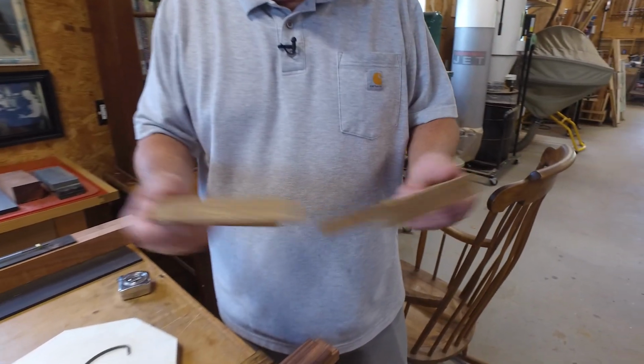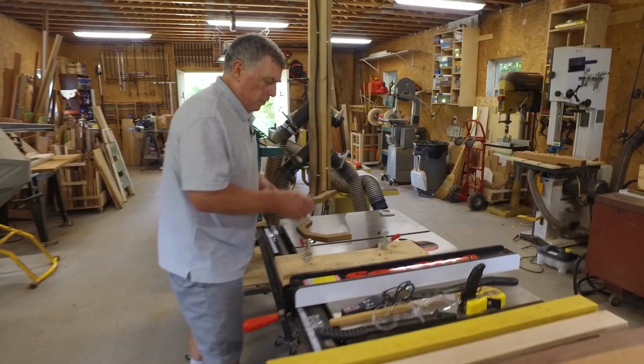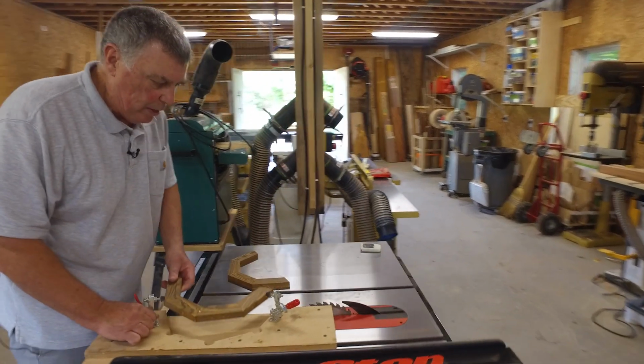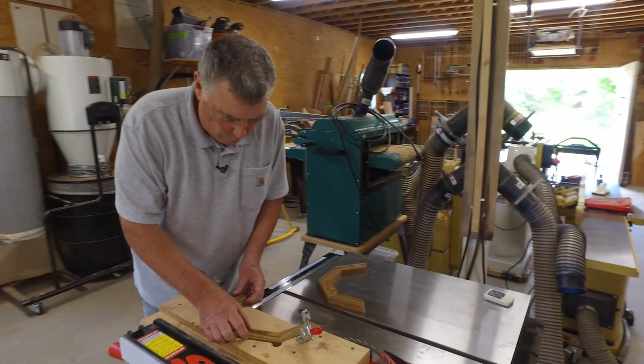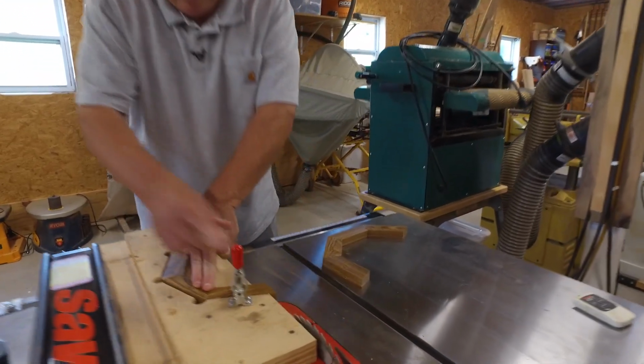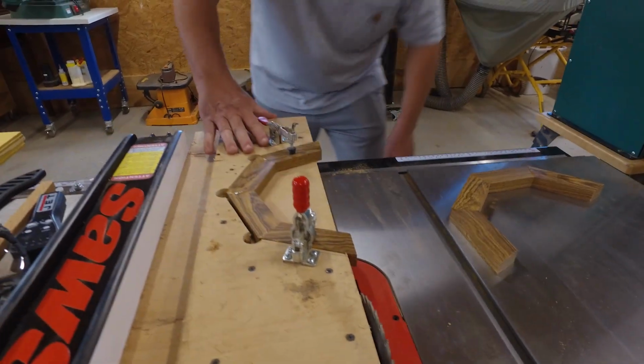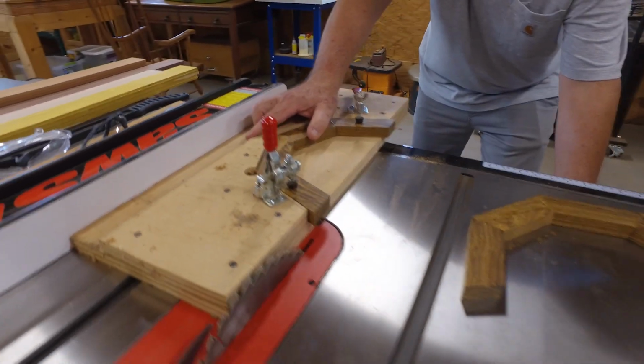Now, I cut these on a jig, but they're not going to be perfect. Everything is kind of jig dependent around here when it comes to building banjos. So this thing's just going to kind of fit into here like so. I'm going to clamp this down, and then very simple process to just